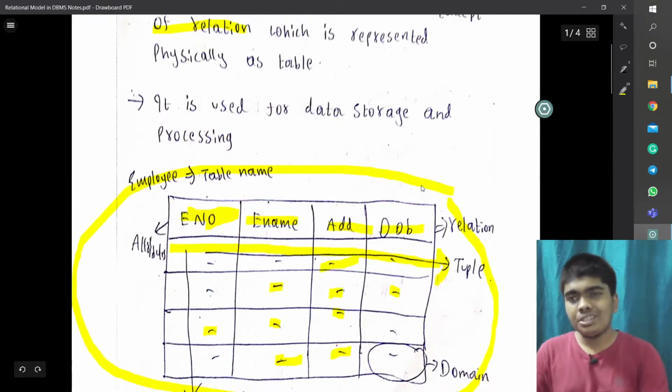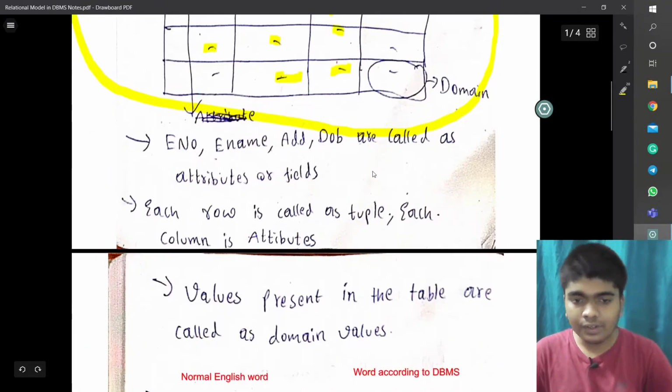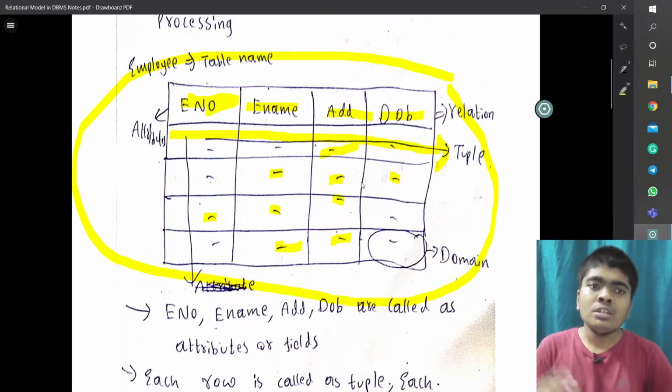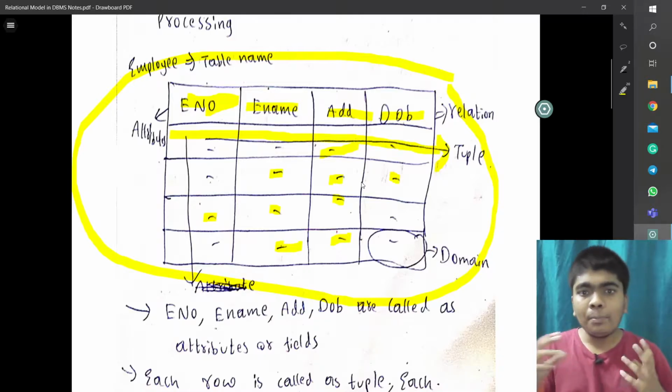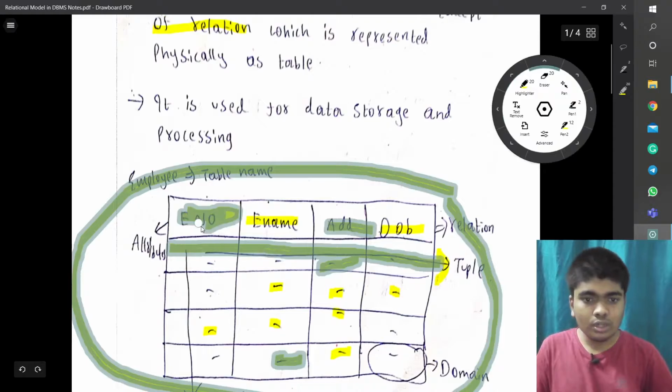We will discuss the schema of a relation in the upcoming videos. The schema of a relation is nothing but this: every table is built upon a certain relation. This employee table is built upon a relation to store the employee details. The main aim is to store the employee details.